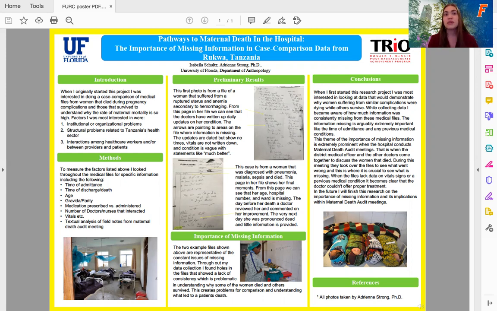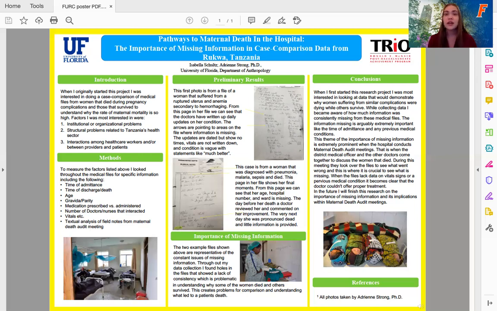By using a mixed methods approach, I'm trying to answer questions like what are the general pathways used to treat different obstetric emergencies and deviations from them that can be seen within the medical files? And is it possible through examining medical records to reveal systematic weaknesses that could sometimes result in a woman's death? One of the last questions is how do these medical files and the missing information in them influence maternal death